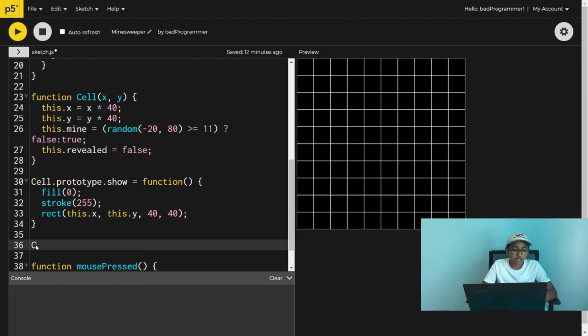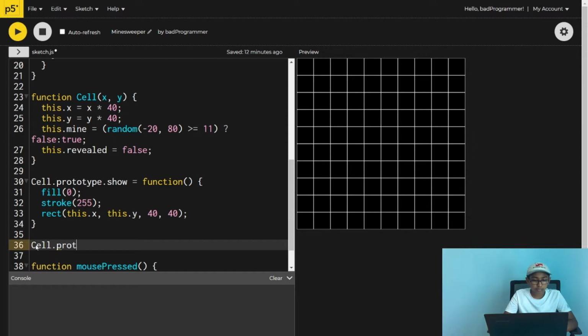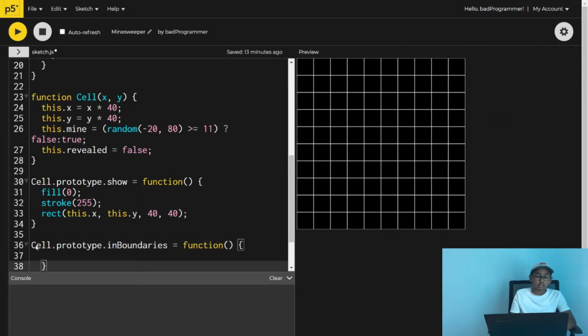Let's say Cell.prototype.inBoundaries equals a function. Now what do we have in the function? We're going to be given parameters x and y, and we're going to test if